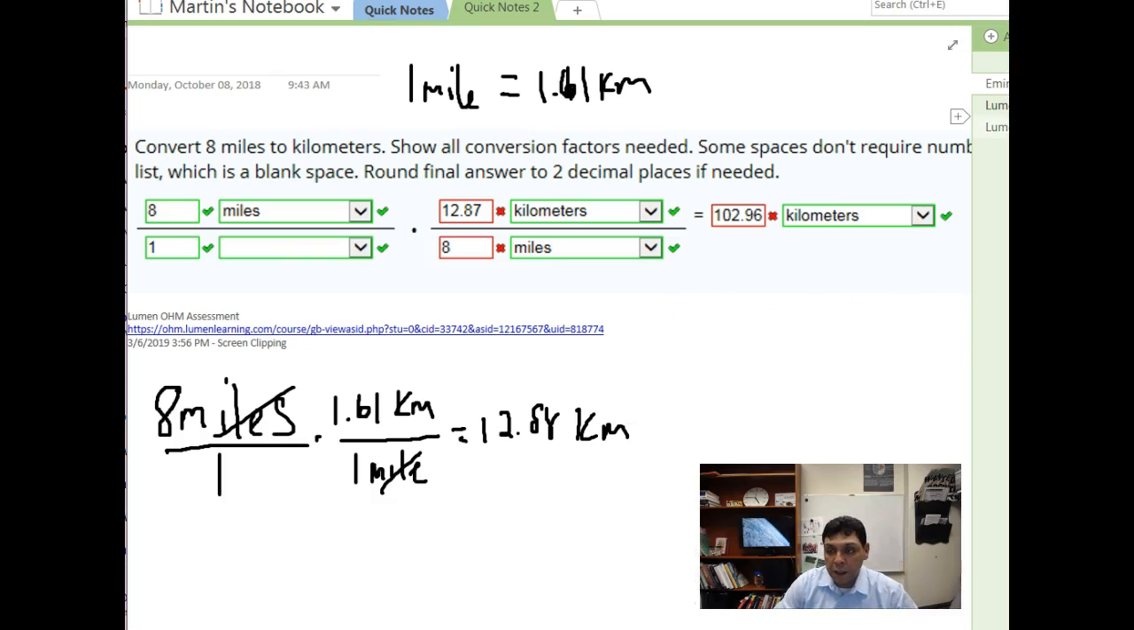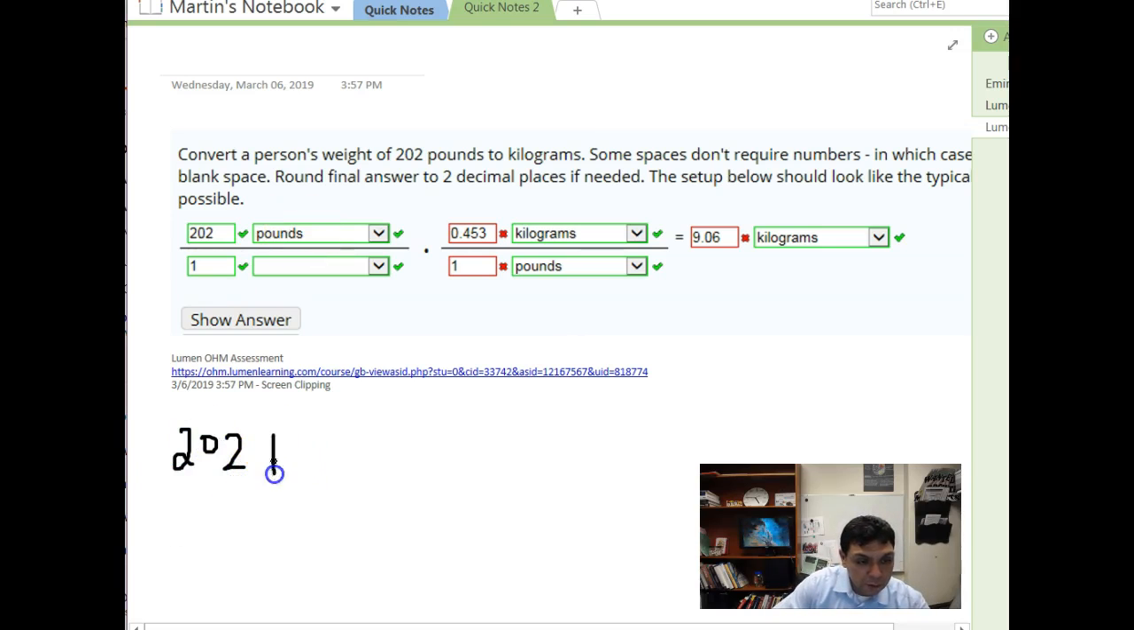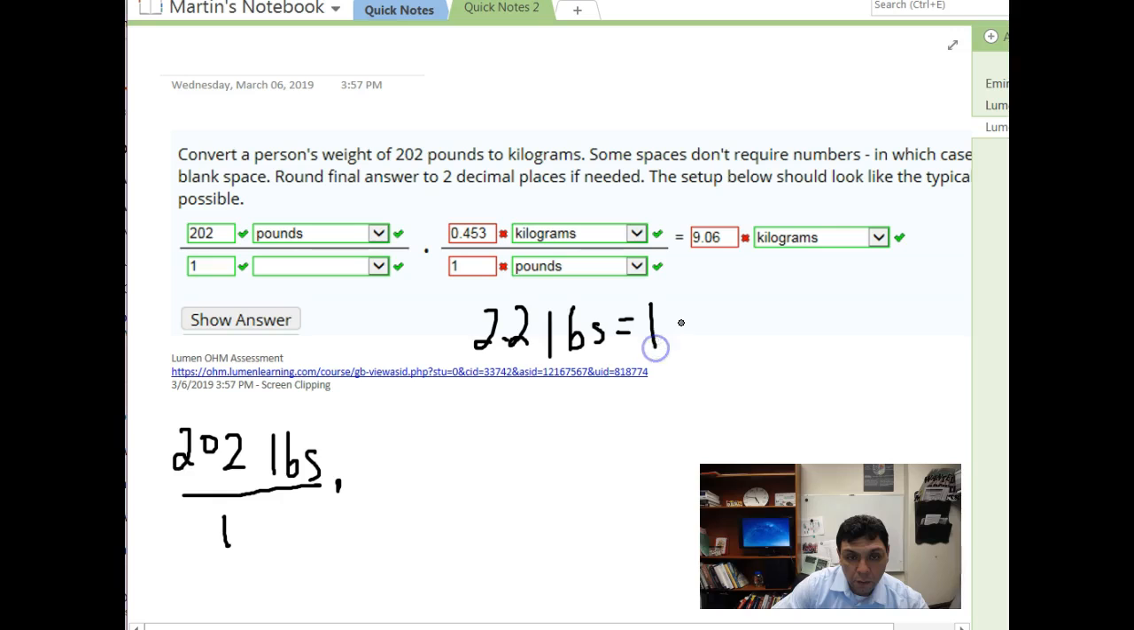Let's go ahead and look at another one here, converting pounds to kilograms. We have 202 pounds, or lbs we can go with, all over 1. Multiply that by a conversion factor. The conversion factor that we have is that there are 2.2 pounds equal to 1